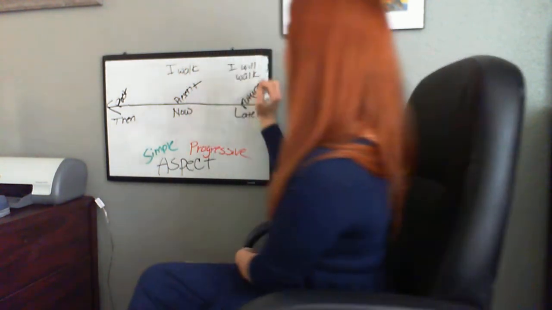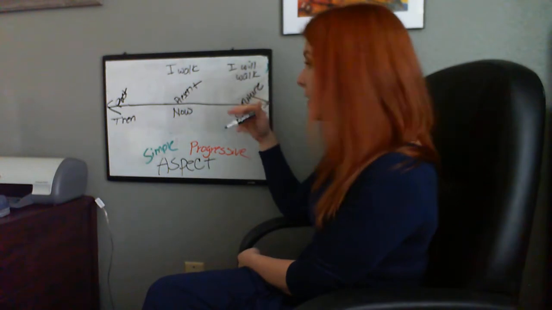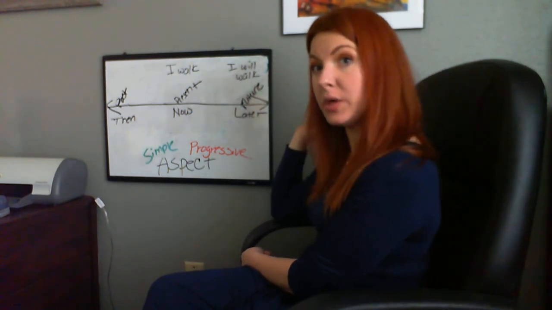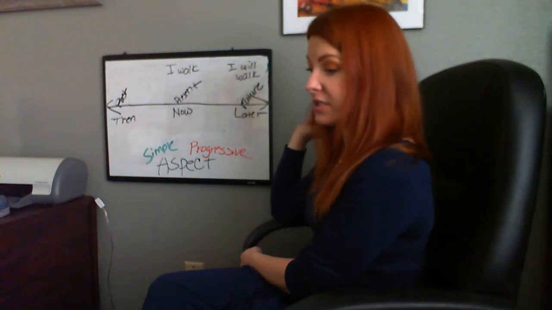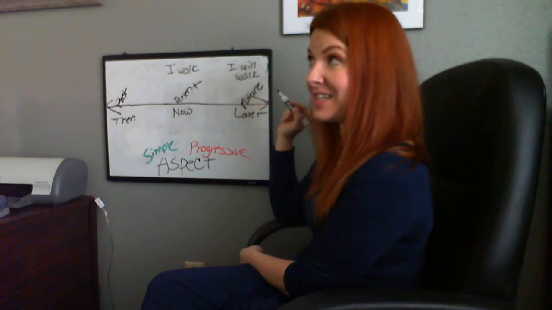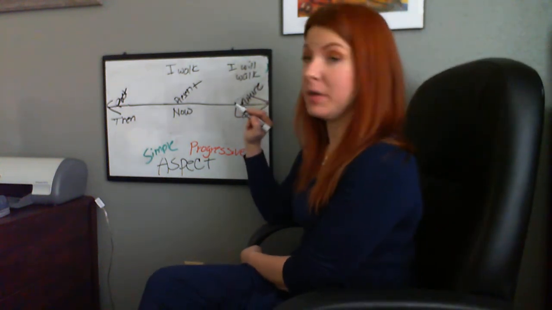And I will walk. And remember that when we do things in the future, it requires the simple future, right? It requires the helping verb will, right? I will walk, or she will walk, or she will talk, or she will run, or she will play, or I will play, right? Almost always, in fact, well, I'm never going to say always. So almost always uses that helping verb.